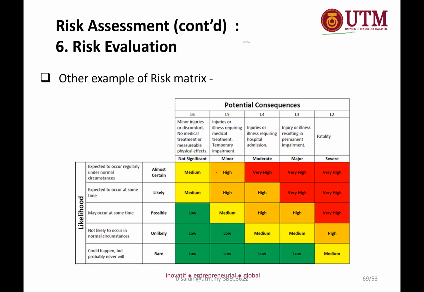So if you want to tell workers, you have to be careful with regard to working at this situation or this area, because the risk is 25. Then you are going to tell another person the risk is 20. So at the end of the day, they might not remember the values. So that's why you use a simple wording, low, medium, or high, so that people remember, oh, okay, this is high risk. So when you are working with high risk, then you need to be very extra careful.